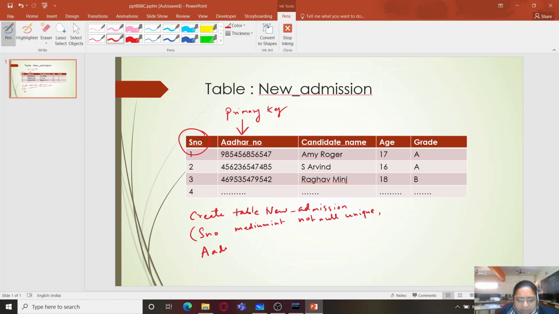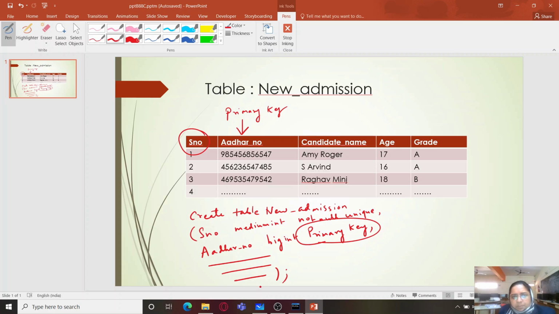Now the Aadhaar number. I'm going to take it as big int, and I'm going to take it as primary key over here. And similarly, I can just write the three things, that is candidate name, age and grade, in the usual way. So this is how we use the primary key constraint.